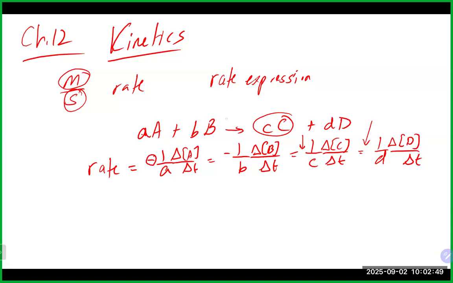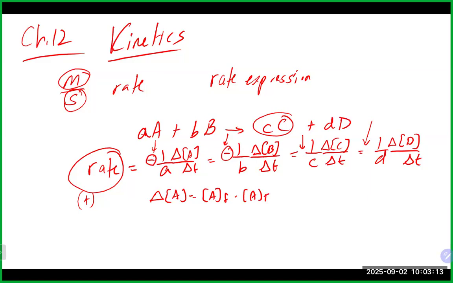The point of the negative with our reactants is, as we talked about, this rate should usually be a positive number. Because, for example, here A and B are decreasing with time, when you do your change in concentration, which is what those brackets mean, you take your concentration of A final minus your concentration of A initial. Because it's decreasing with time, your final will be a smaller number than your initial. And when you do that part, you will get a negative for the change in concentration, which with this negative up in front will turn it into a positive,